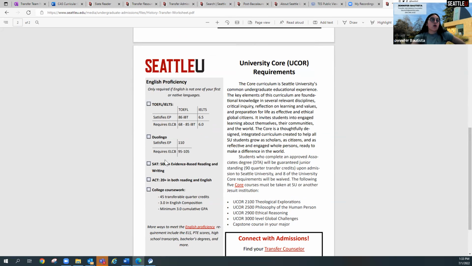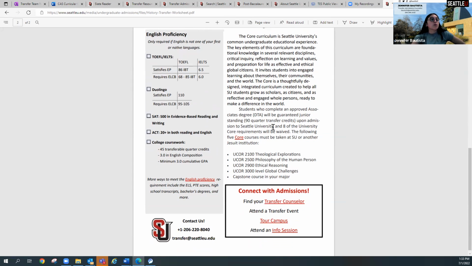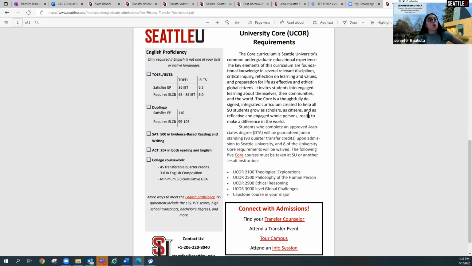There's a whole bunch of different ways that students can meet this requirement. So it gives us information on scores, Duolingo scores, etc. And then it also provides information on the core requirement and what our transfer students will have to take at Seattle University. These are our general education classes, but they're very unique to our Jesuit identity,